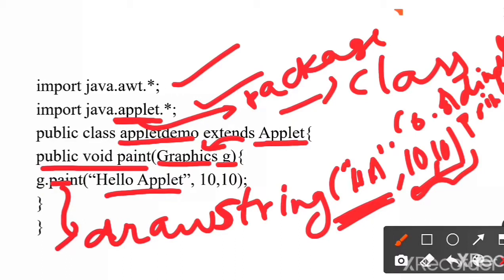At this point, the string will be displayed. That is the starting point. The starting point of this string on the output window is 10, 10. So this is how a simple string or a statement is printed on the output window using an applet program.